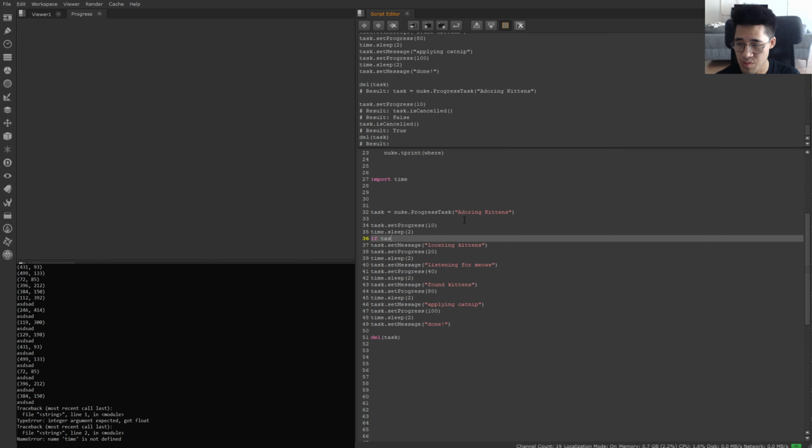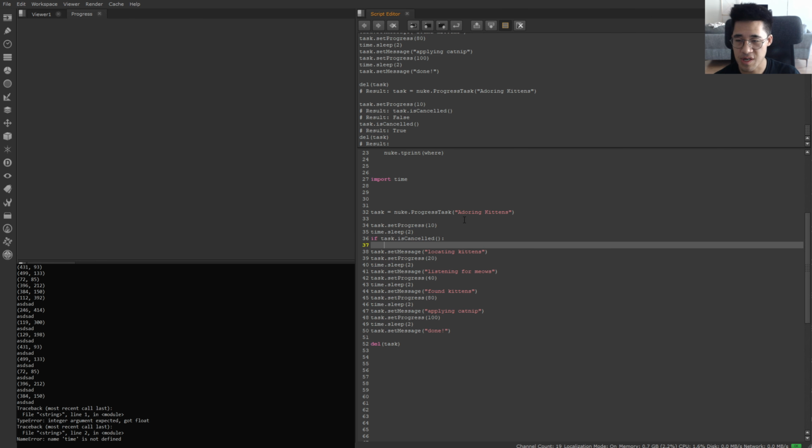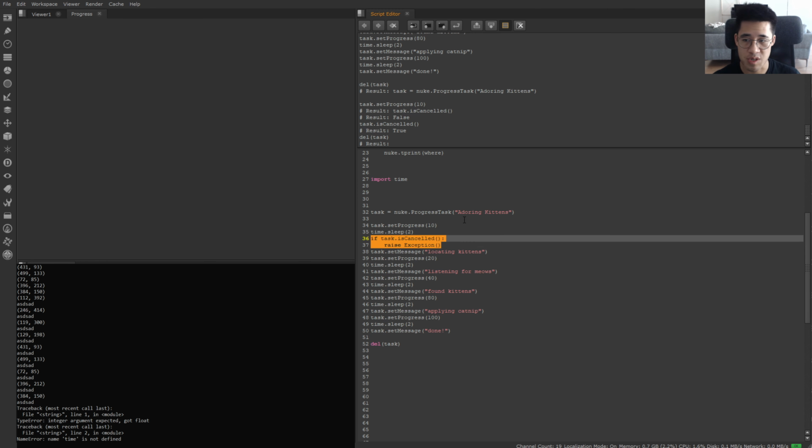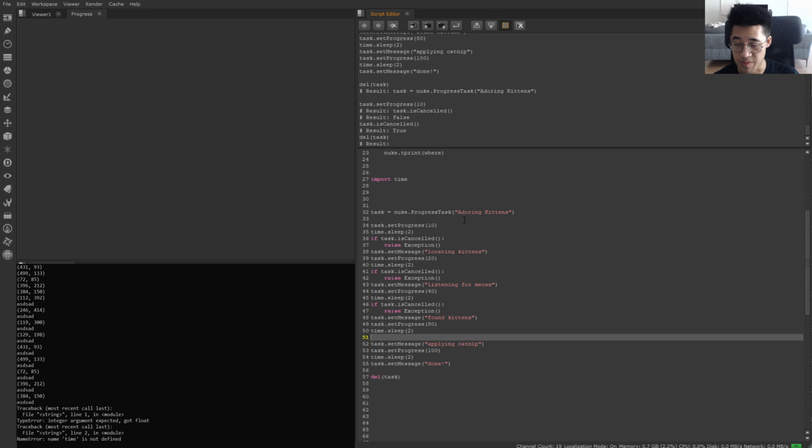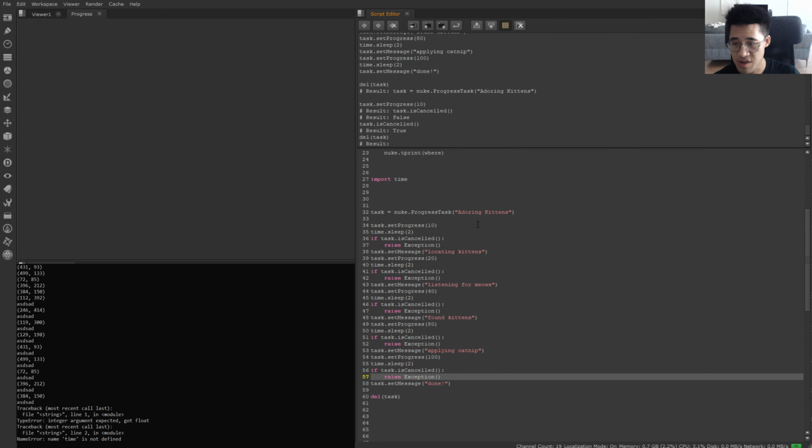If task is cancelled, then let's do something. So we're just gonna simulate a very hard thing, and we're just gonna raise an exception, which in this case will just stop everything working. We'll go through the actual function I have and do it properly, but you can see there's a very standardized pattern here. Start doing the task,